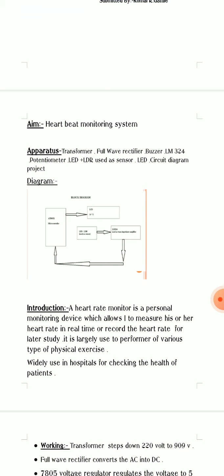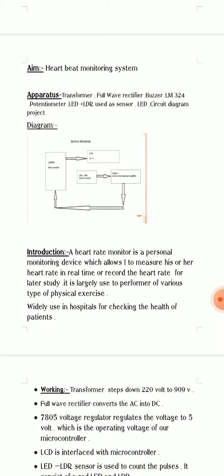LED circuit diagram project. Now see the circuit diagram of the heartbeat monitoring system. Now I explain the introduction of the heartbeat monitoring system. A heart rate monitor is a personal monitoring device which allows one to measure his or her heart rate in real time or record the heart rate for leisure study. It is largely used by performers of various types of physical exercise, and widely used in hospitals for checking the health